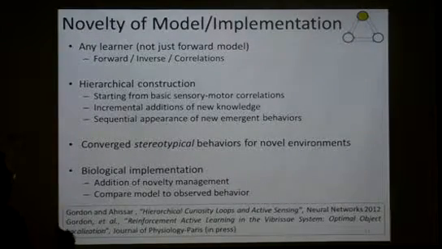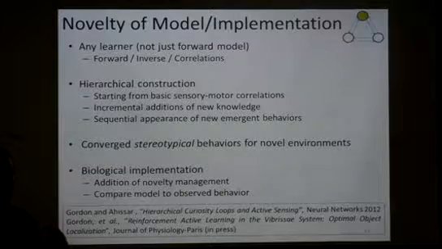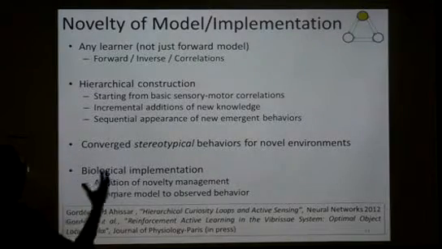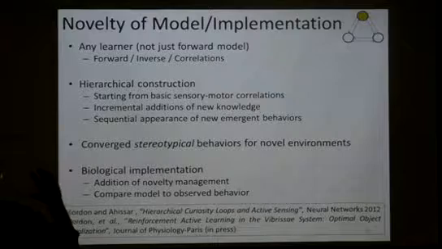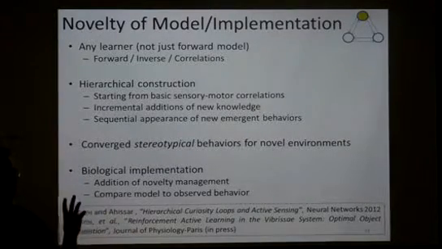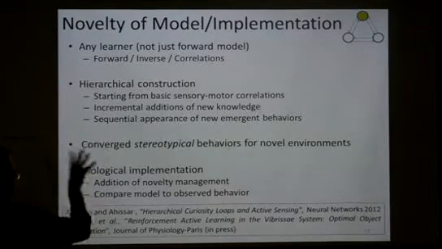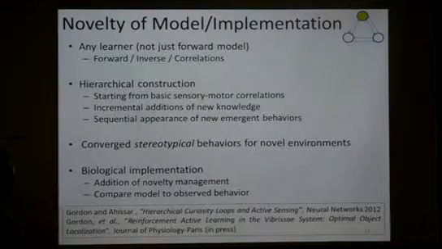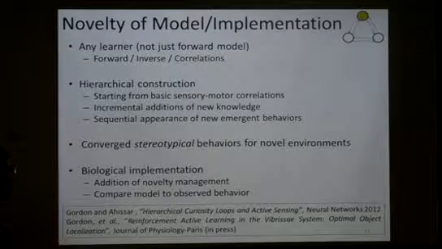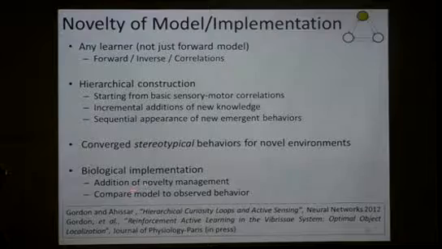Usually, a lot of people in the curiosity loop are exploring these high cognitive functions and assume that they have a lot of image processing and a lot of motor primitives, and they just try to find correlations between these high-level things. I'm trying to build from scratch, from the beginning. And I also have this biological implementation, which I'm going to show now, which requires this novelty management.